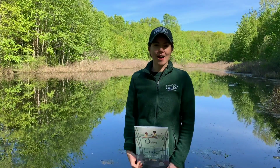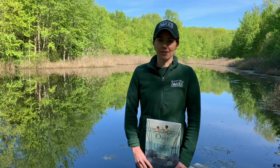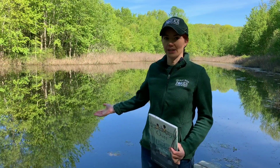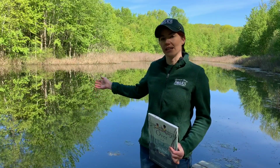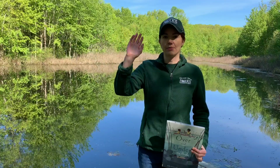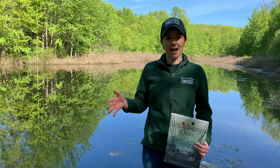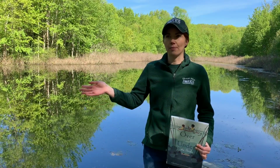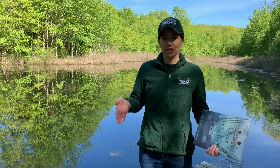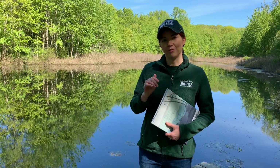Today I'm going to be reading Over and Under the Pond right here at our ice pond. The ice pond at Muscoot Farm was used back during Muscoot Farm's days as a dairy farm. So ice that was here in the winter would be harvested, cut, and pulled by horse and wagon back to the main farm complex, where they would store the ice in blocks in the ice house, and it was used all the way through the summer to keep the dairy chilled and refrigerated